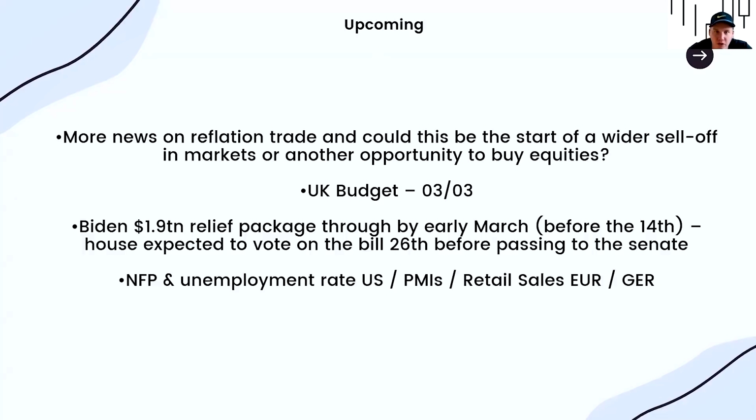Again, quite interesting for businesses, especially what relief or what support the government is going to give businesses. There's a lot of talk about loans, further loans, what will happen with furlough, stuff like that. So definitely one to look out for on Wednesday. And then again, more news on this stimulus package. If this stimulus package is positive and looks good, then that could quickly see equities recover a lot of the